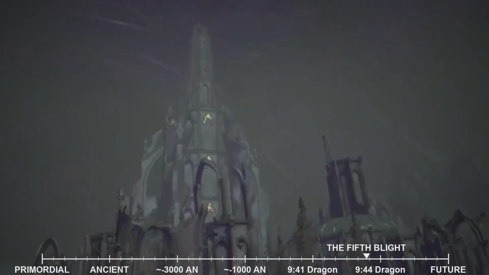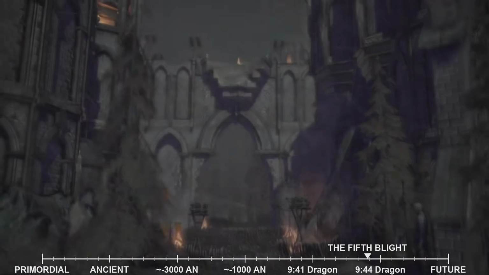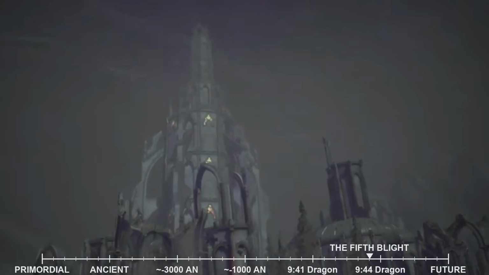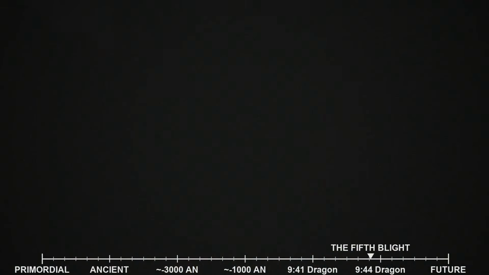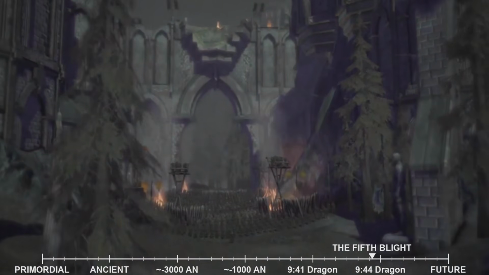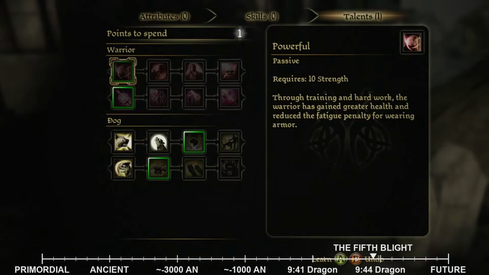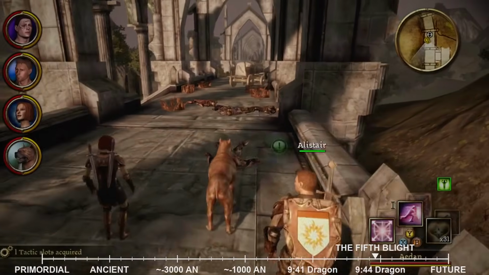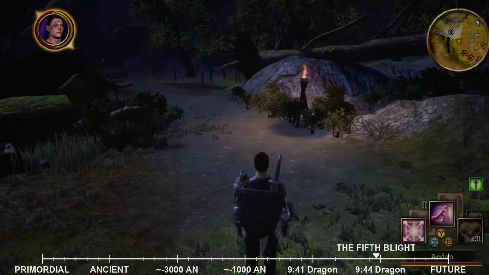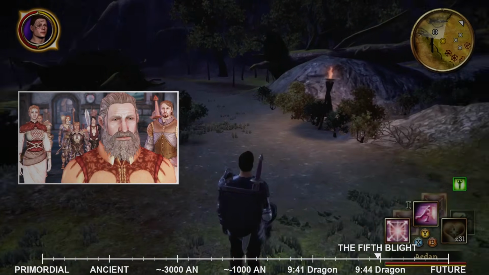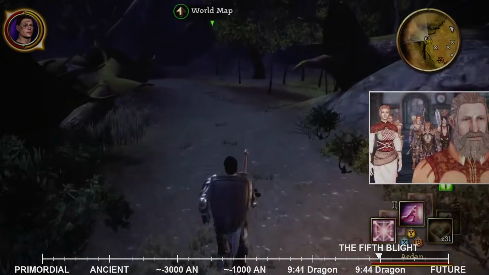These allies represented the disparate factions of Ferelden, often at odds with each other, but now united by the common enemy. The next crucial step was to return to Redcliffe, the very place where the Warden's journey against the Blight had truly begun to gather momentum. Arl Eamon, a respected figure in Ferelden, had been gravely ill, struck down by a mysterious magical ailment. His illness had been a major contributing factor to the political instability plaguing the realm, as his absence left a power vacuum.